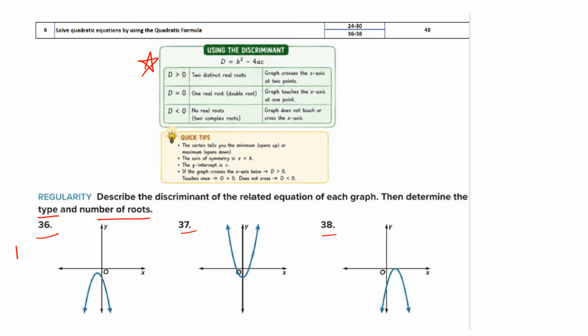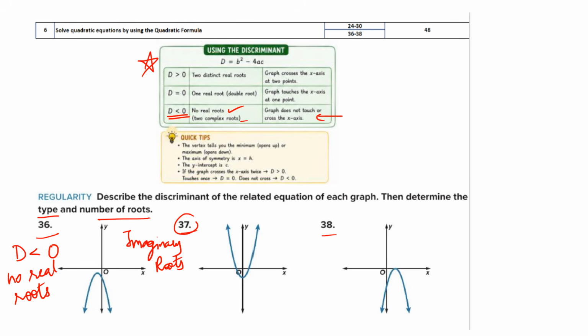So can I say it will have no real roots and the discriminant will be negative? The reason is because it is not meeting the x-axis. So in this case, there are going to be only imaginary roots. And remember, the discriminant will be negative. How do you know? From the table. If discriminant is less than 0, no real roots, only complex, and the graph does not touch or cross the